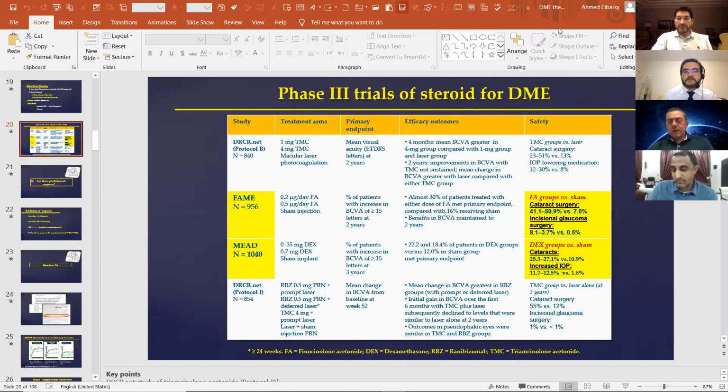Let me answer this question first. In a naive patient, in my practice, I usually start with aflibercept because I experienced that it's more effective. There is some difference in effectiveness between ranibizumab, bevacizumab, and aflibercept. If a patient comes to me with several injections previously somewhere, I count this, and if it's